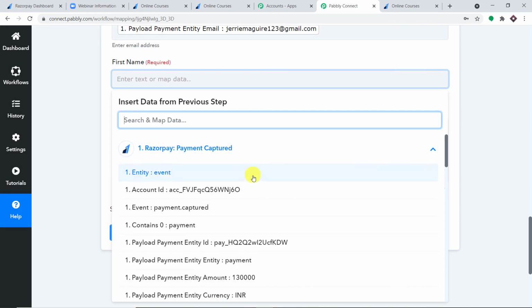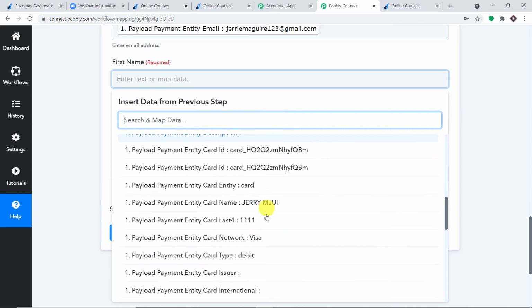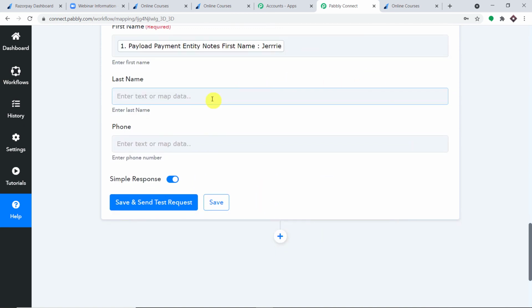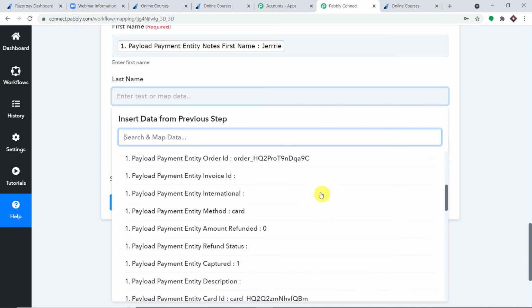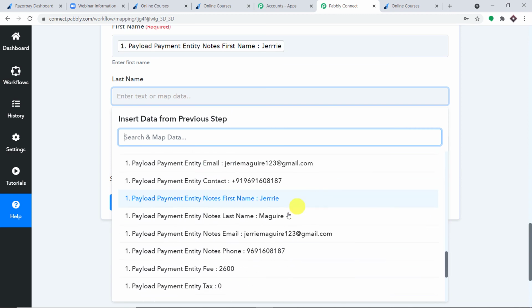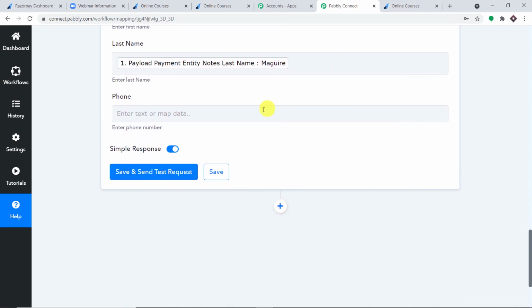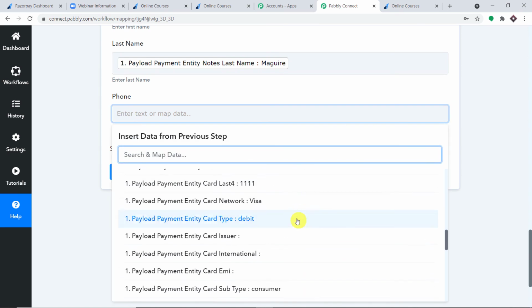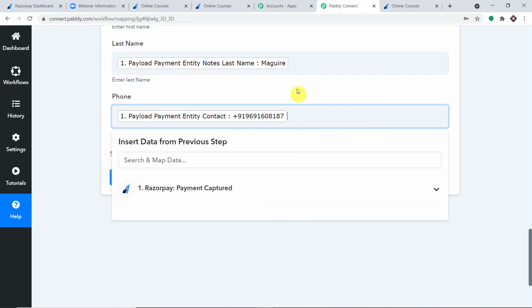Then we have the first name. I think the first name was Jerry, yes, Jerry. And then we have the last name. Okay, let's map that also. This process is called mapping. You just enter all the details one by one that we have received from Razorpay, and this is basically the phone number. Okay, we have mapped it.